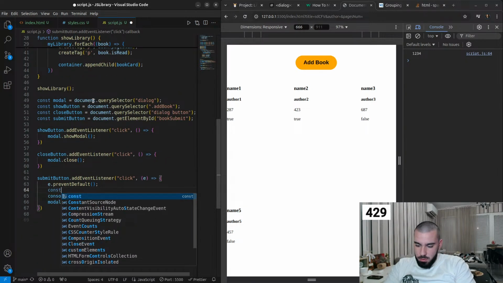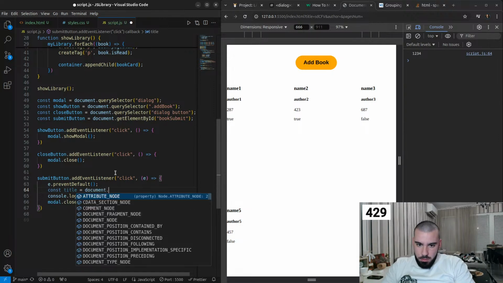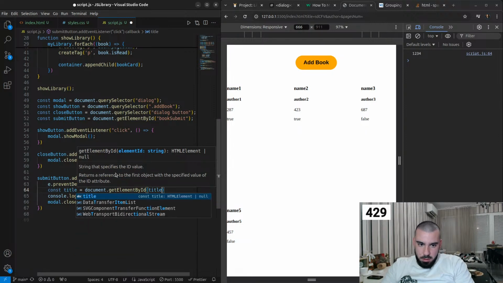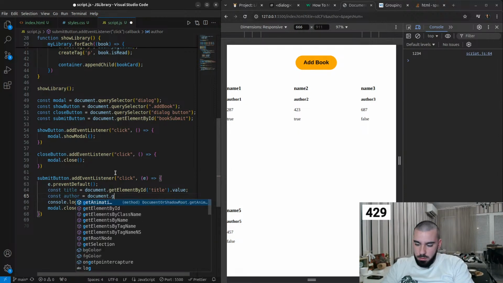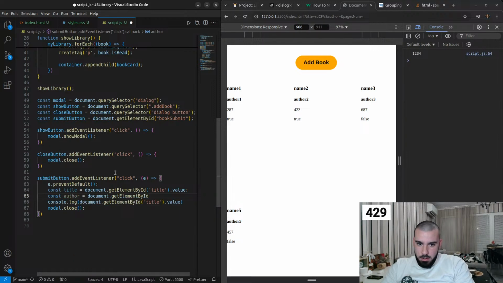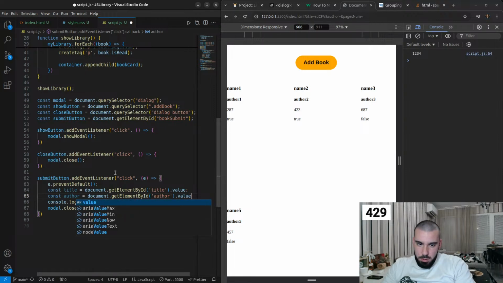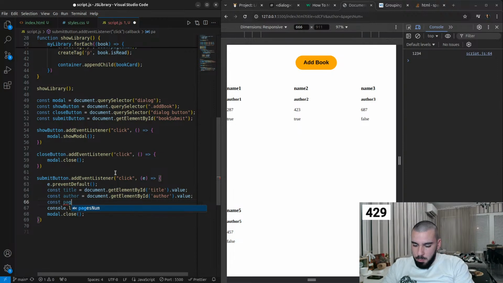Should we do const title equals document dot get element by ID title dot value? So this will be the title. const author equals document dot get element by ID, we'll do author dot value. const pages